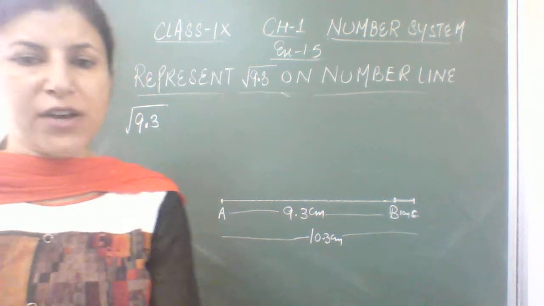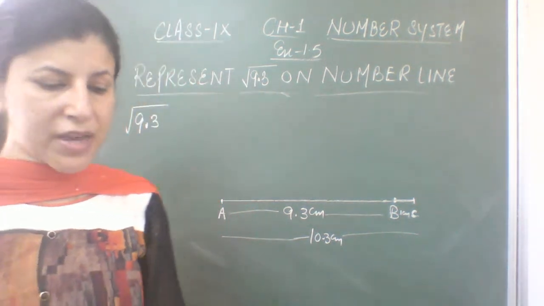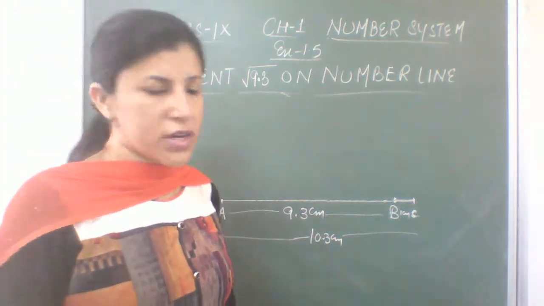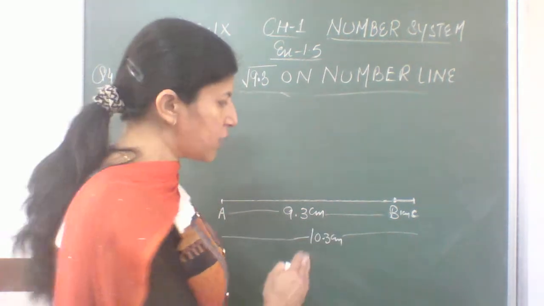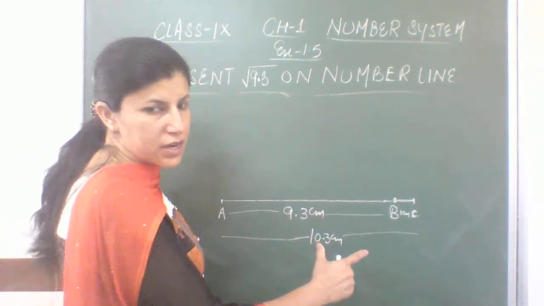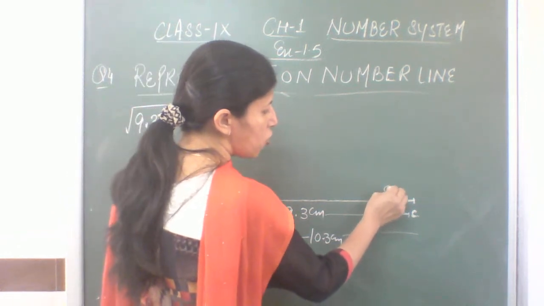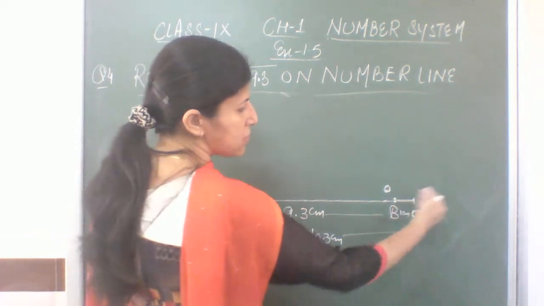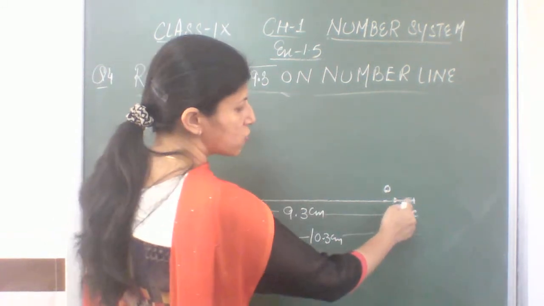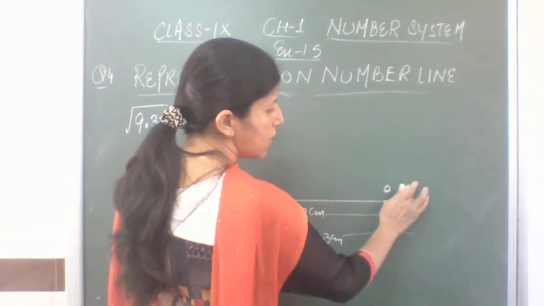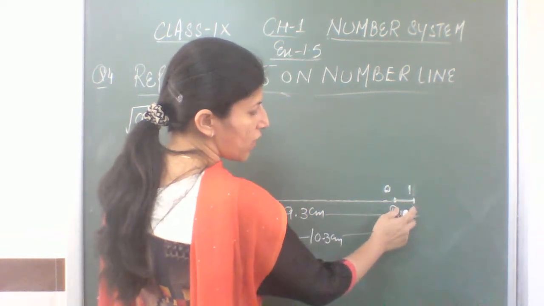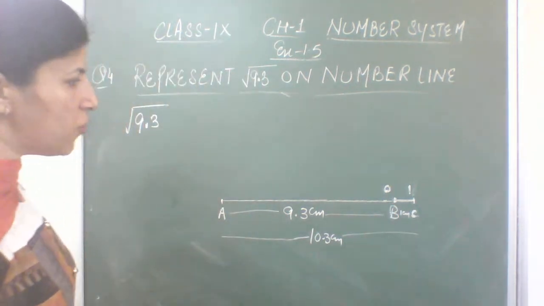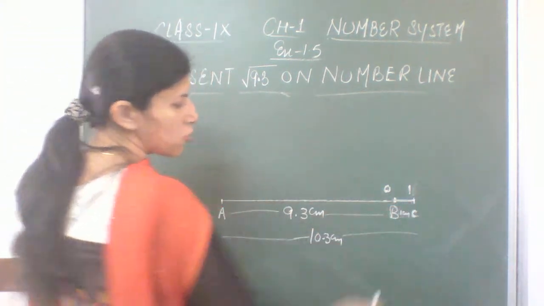Now what next we have to do? We have to draw the perpendicular bisector of line segment AC. But before drawing the perpendicular bisector, let me tell you one thing. Like we drew a line segment, B has to be marked as 0 of the number line. And on the right side we have positive numbers, means we have to do the construction on this side. So this is C, which we will consider as 1, because this is 0, this is 1. We extended it by 1 centimeter, right? Now you have to draw the perpendicular bisector of line segment AC.